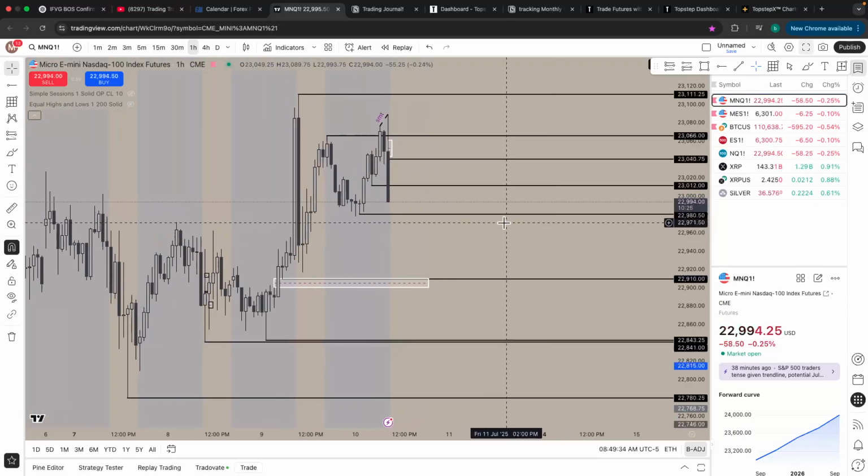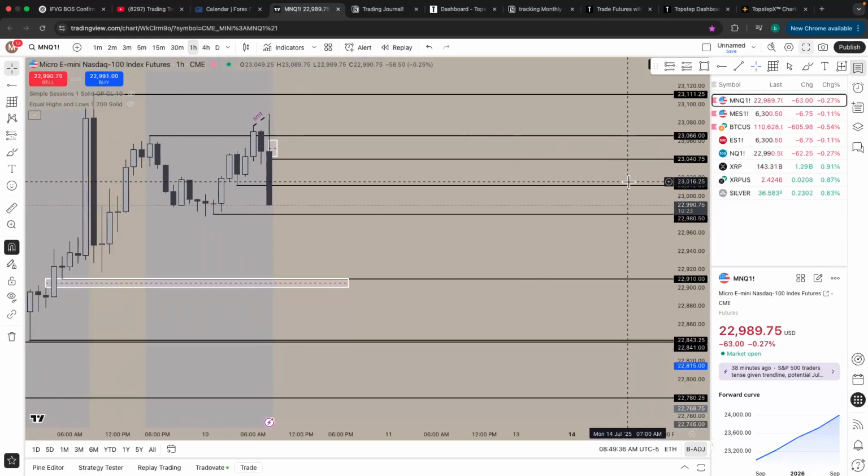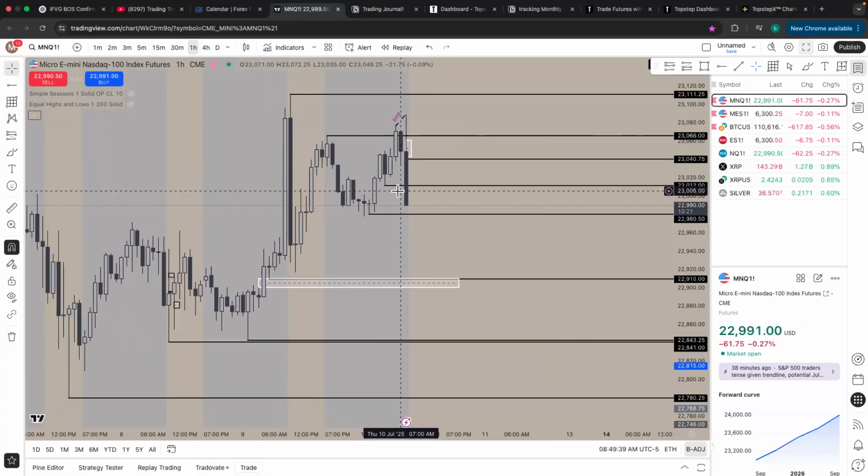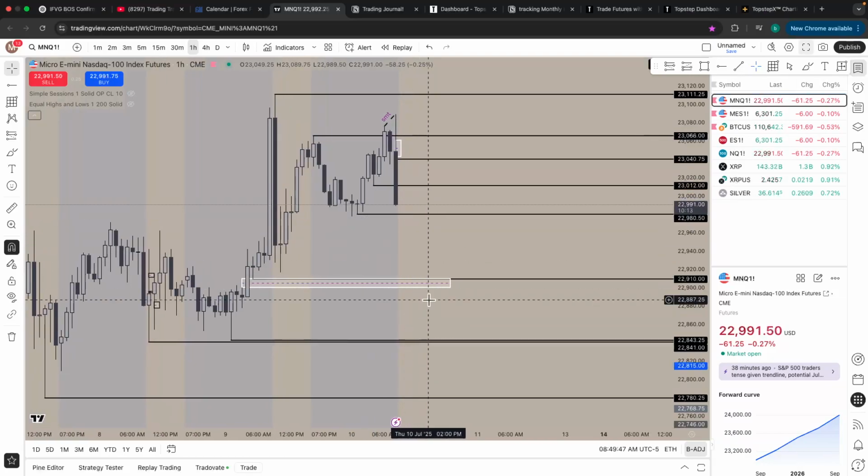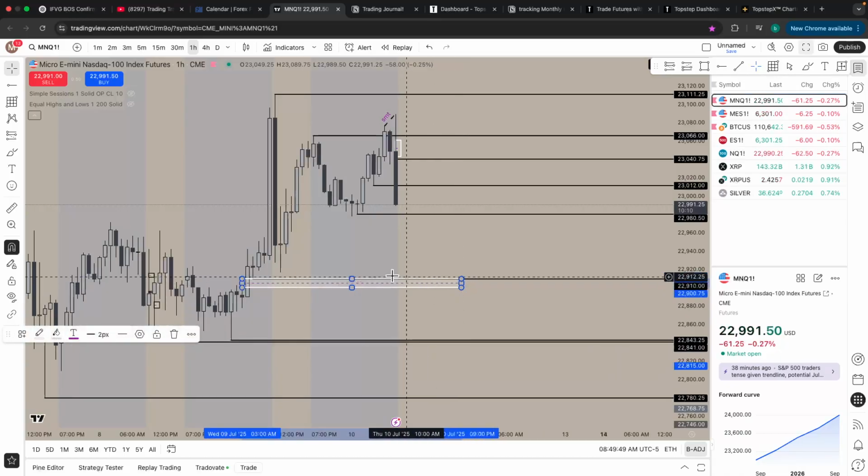Right now, NASDAQ is manipulating lows. It's already swept out this low. Swept out this buy side liquidity in the London session, and then we just swept out this low at New York. Obviously, probably going to sweep out this low. It would be fire if we could come down in here too, fill in this, and then reject out. I'm going to go take a shit. I'll be back.